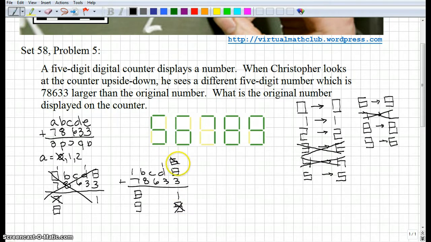So this can't be a 6, and this can't be a 9. Okay? But the other case works out. 1 plus 7 is an 8, so that means that E is 8, and then we get 11 and carry a 1, so the 1 looks like the 1, so hey, we're good. So 1 is a possibility. I'll circle that